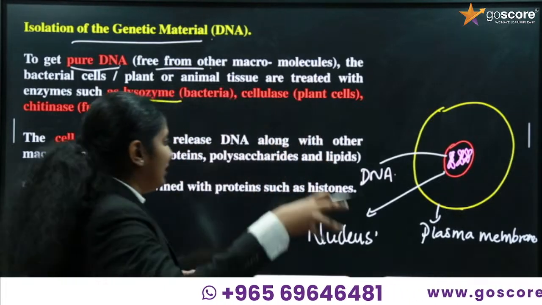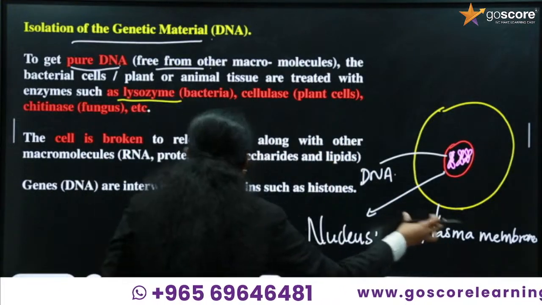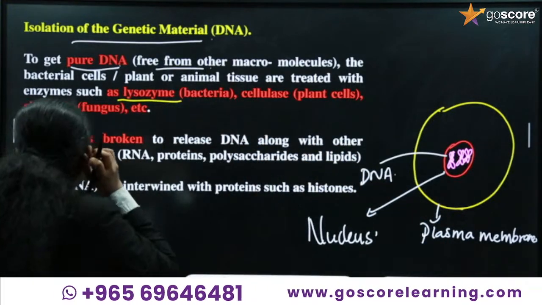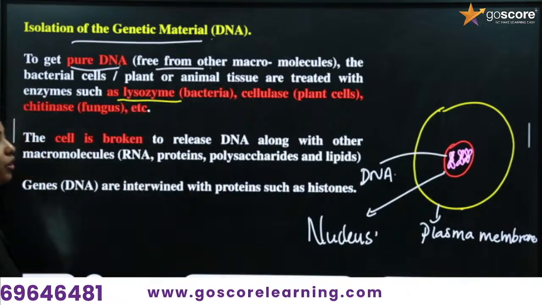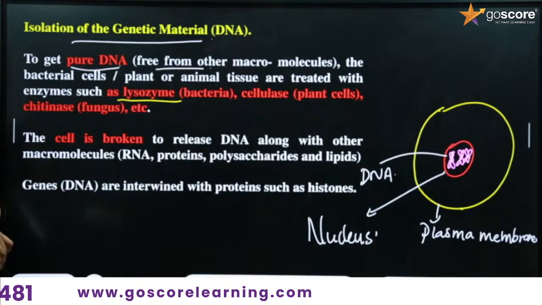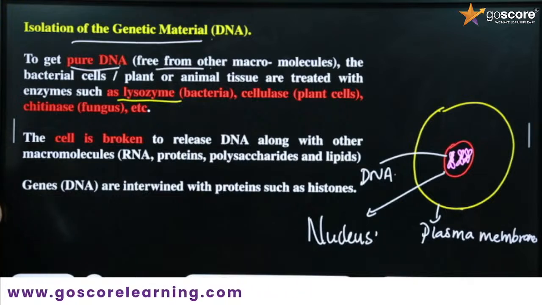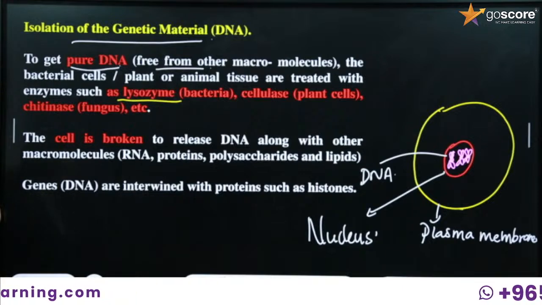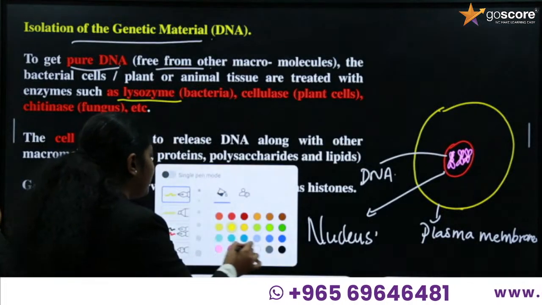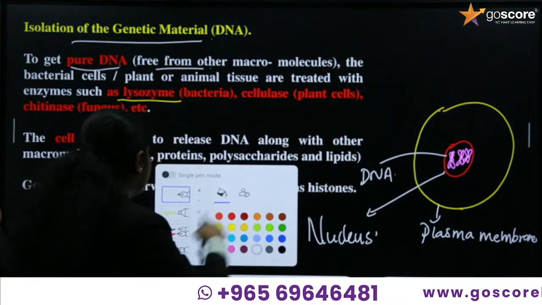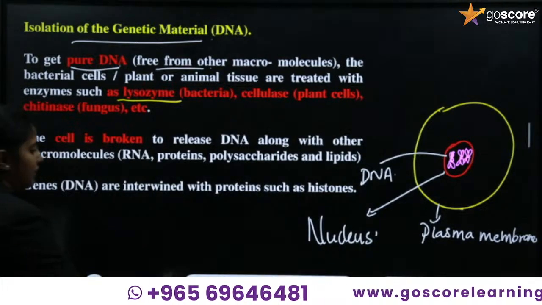So, in order to destroy the cell wall, what has to be used in bacteria? Lysozyme. Okay, cell wall, not plasma membrane. Above the plasma membrane, there is a cell wall in the case of bacteria and plants. If you are looking at fungus also, there is a cell wall. So, first of all, what do we have to break if it is a plant cell? Okay, we have considered this as an animal cell. If it is a plant cell,